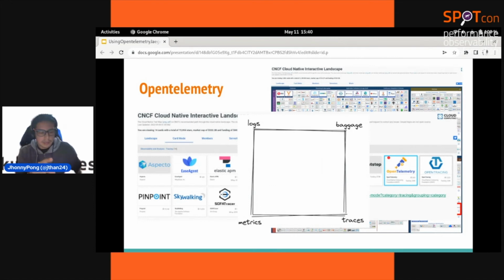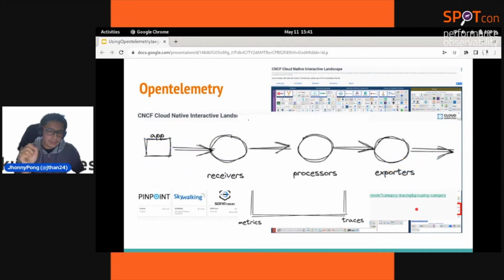That is the triangle of observability, but we have one more, the bias. That is how to correlate this information, how you can put the logs, traces, and metrics together and define, hey, this communication from my application to the database is part of this transaction. That is the focus of OpenTelemetry too, which has four pillars.